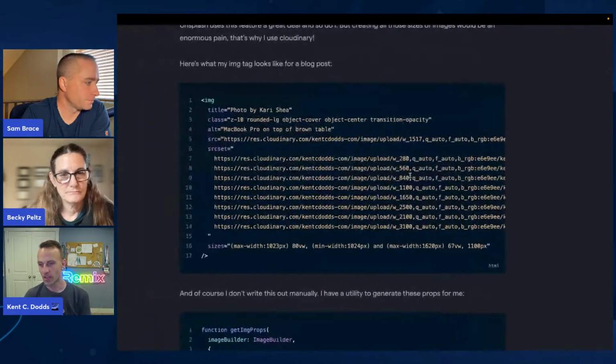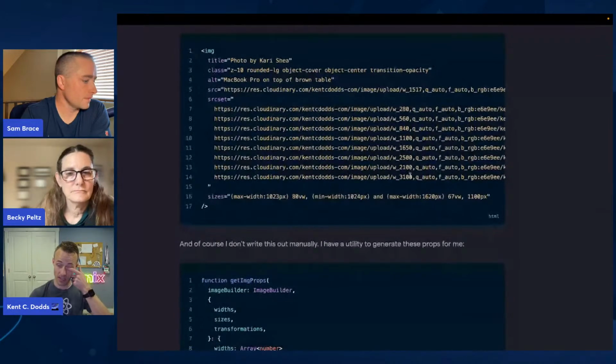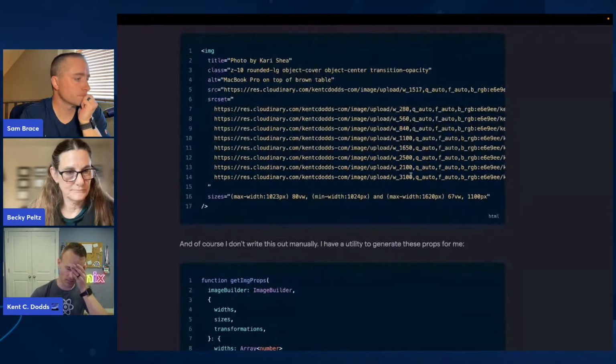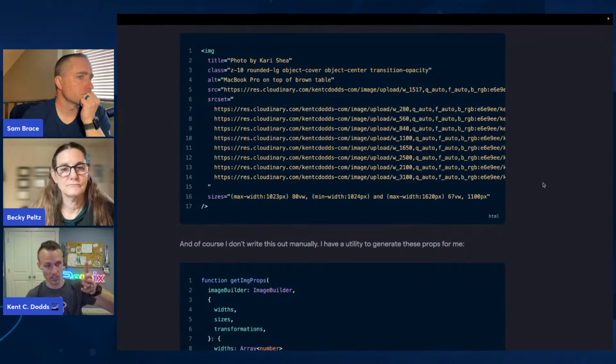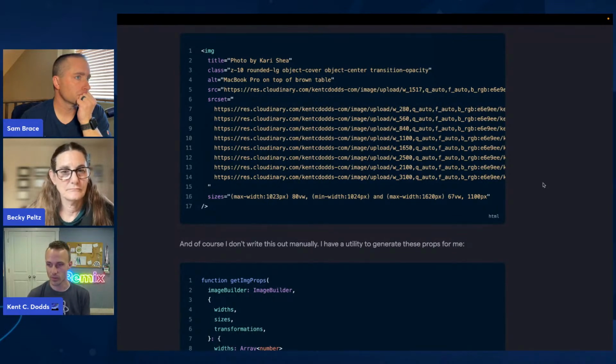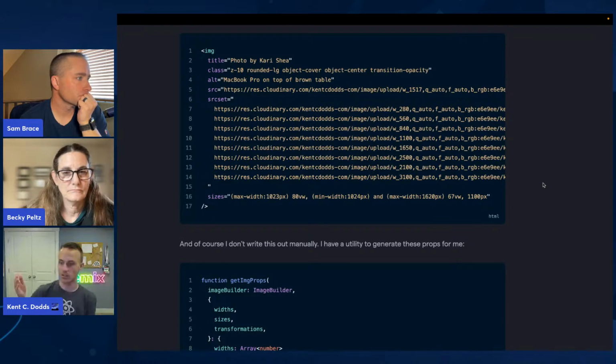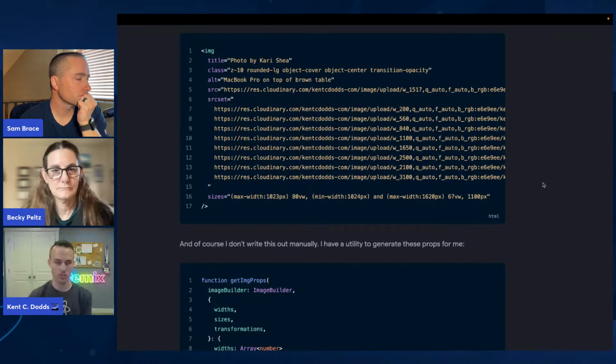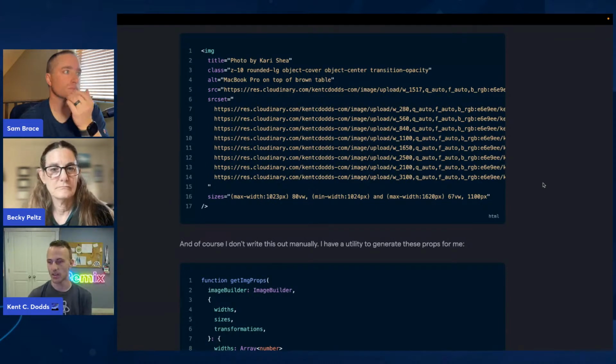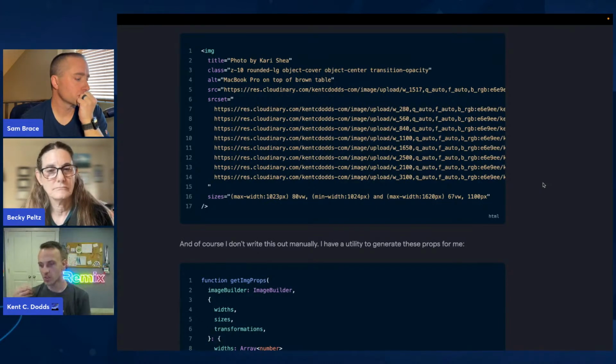Yeah, sure. So my Cloudinary URLs, this is one of the things that I just love about Cloudinary, the capability to transform the images on demand. What's cool about this is because I have Q_auto and F_auto, and then of course I have that W_ that specifies the width of the image that I want. This gives me not only the right size of image, but even the right quality and format